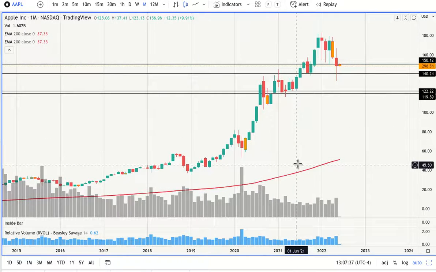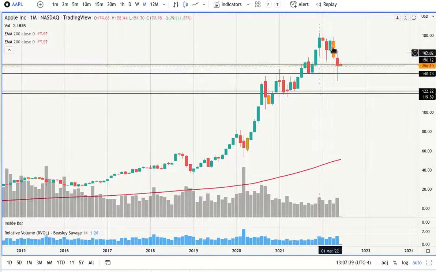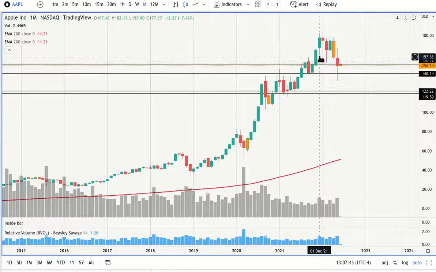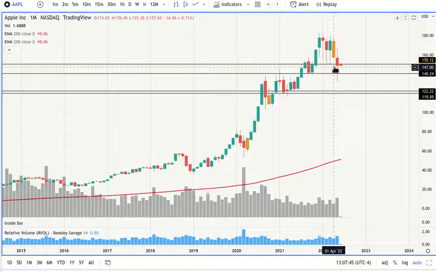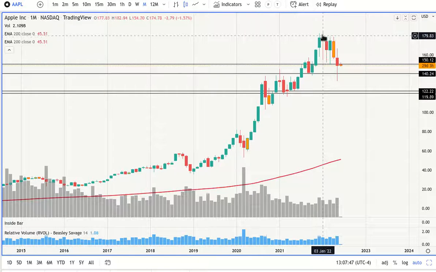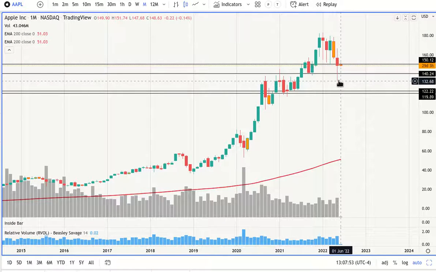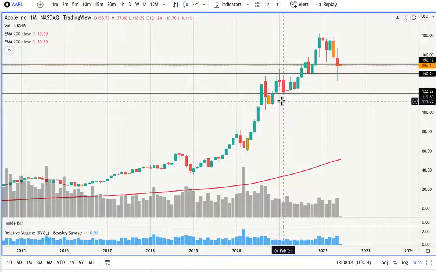And here it is. Apple stock retraced from 180 levels down to 130 in a matter of 3 months. Actually, the downtrend started back in January, and up to now it's moving in a correction downtrend. It's still the